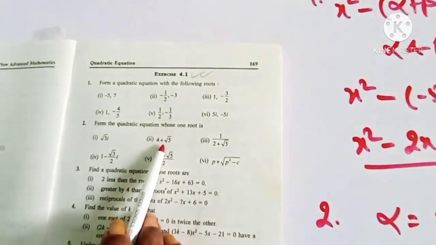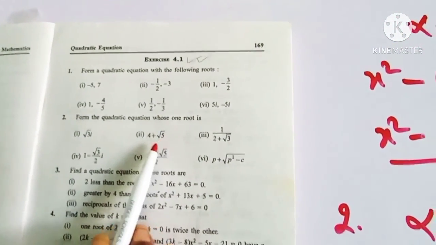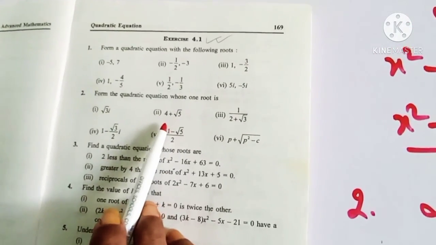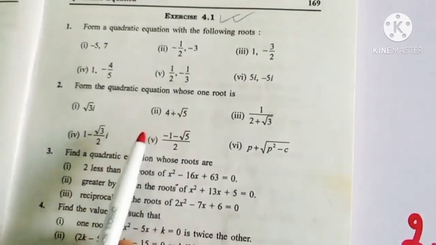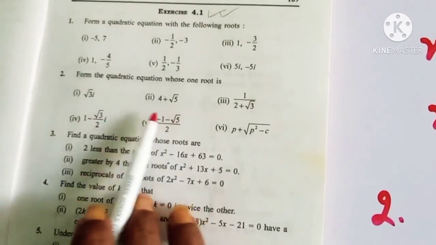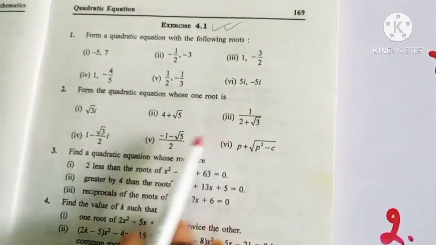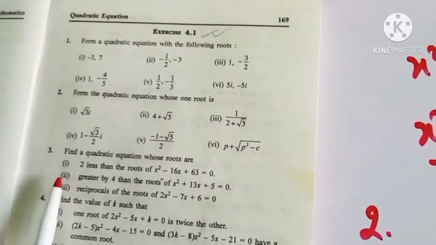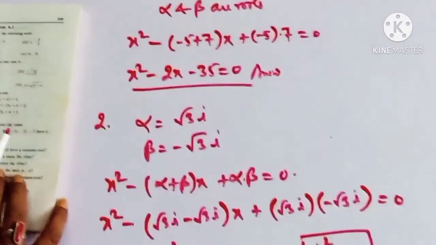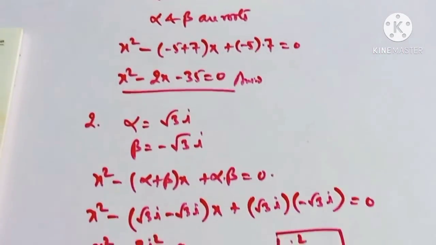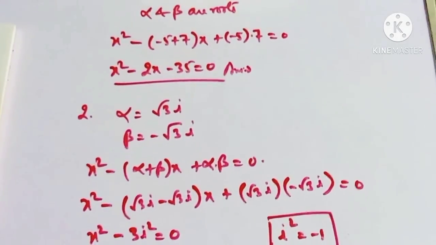Here alpha is 4 plus root 5, so your beta will be 4 minus root 5. You can do the rest of the questions yourself. Now I am going to question number 3. But let me do this second one also for you, so that it will be clear. Here see,